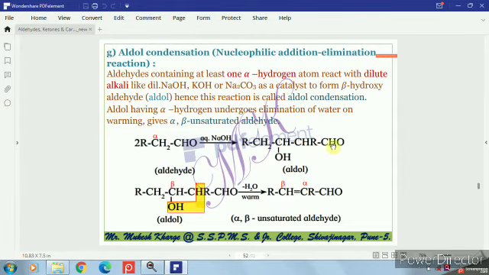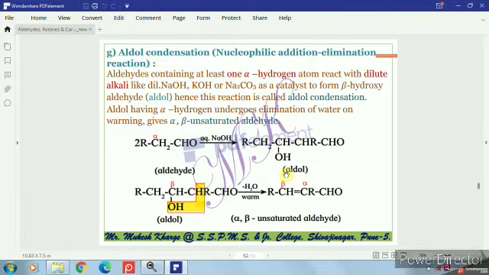So this is your functional group CHO. This carbon is alpha, next to that is beta, this is gamma. The beta carbon contains an OH group, that is hydroxy. So your compound is a beta hydroxyaldehyde. So an aldehyde reacts with alkali and gives a beta hydroxyaldehyde, and that compound is called aldol. ALD from your aldehydic functional group, OL from the alcoholic functional group. So that compound is called aldol, and that's why the name is aldol condensation.